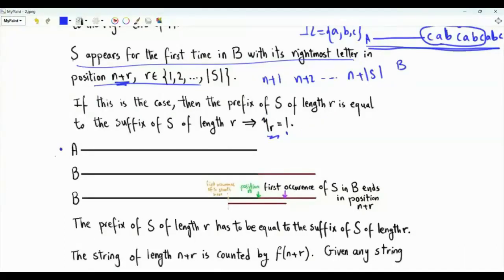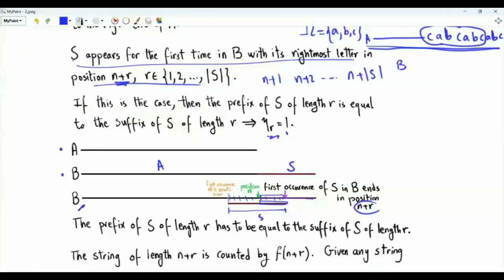This is a string A, which does not contain s. This is a string B, which is A with s adjoined to its right end. If the first occurrence of s within B ends here in position n plus r, this means that string s appears somewhere here. By construction, s is the last part of B. If this part of B is s and the very last part is s, then the last r letters of